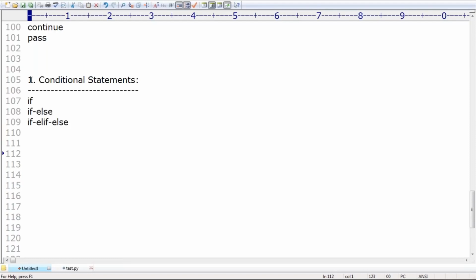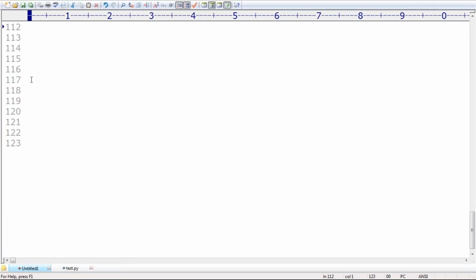Okay, now I'm ready to go for the if statement, because most of the people are not new to programming. That's why you people can understand very easily, right? Sir, between other languages and Python, a very small difference is there in the syntax. That syntax you people should be aware of. If x is equal to 10, system.out.println of x, assume that.